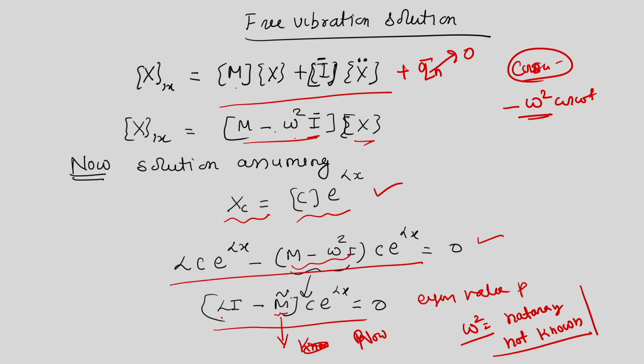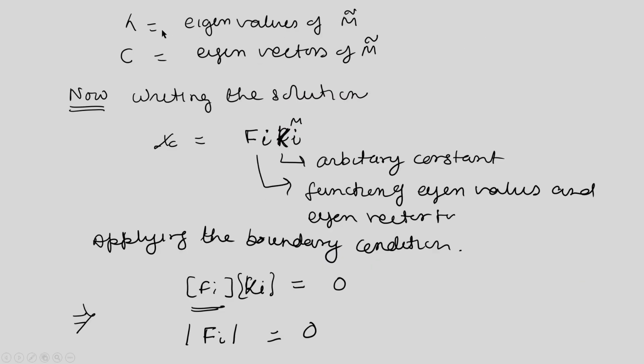So, let us assume that (lambda I minus m tilde) c raised to power e lambda x is equal to 0. So, this is an eigenvalue problem. For that case, lambda is the eigenvalues of m tilde and c is the eigenvector of m tilde. Then we can write the solution, that complementary solution will be phi and k, where k is our arbitrary constants and phi is our function of eigenvalues and eigenvectors. Then applying the boundary conditions,